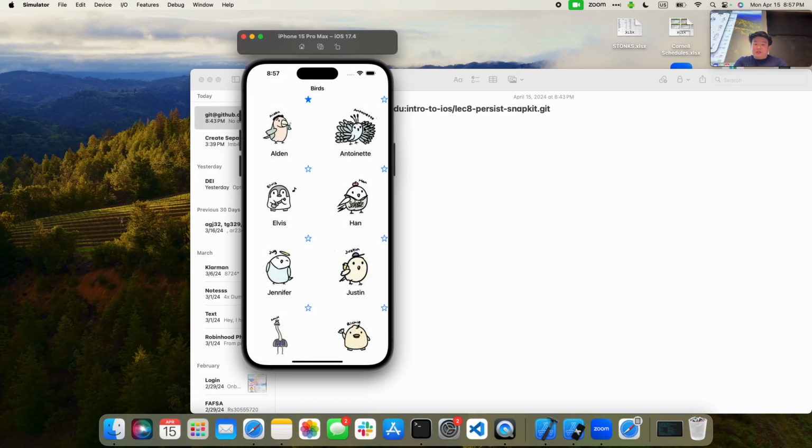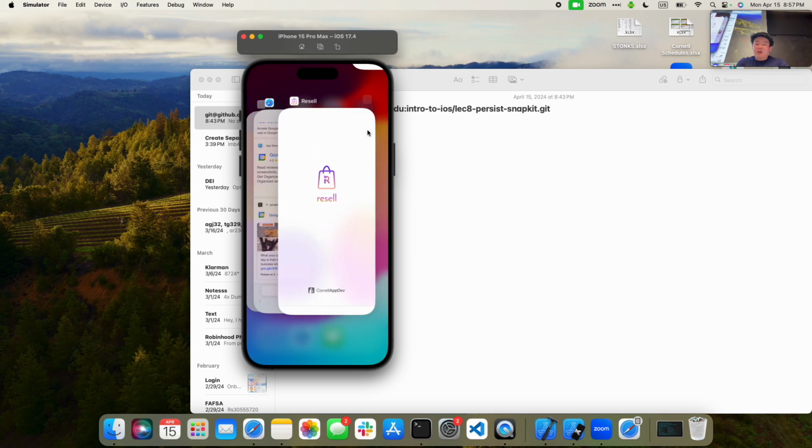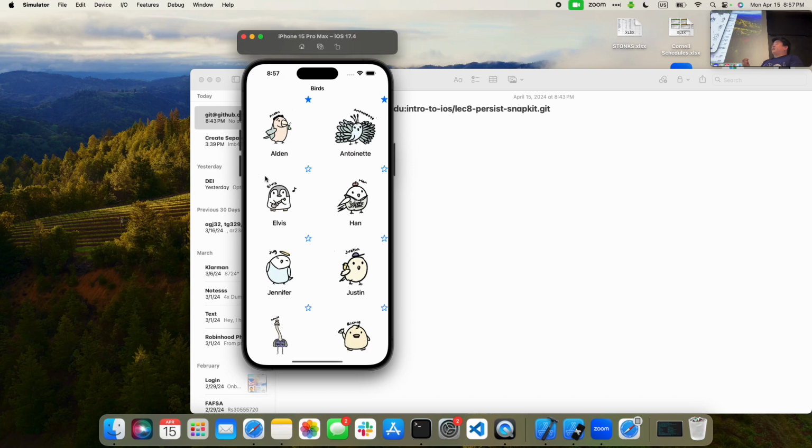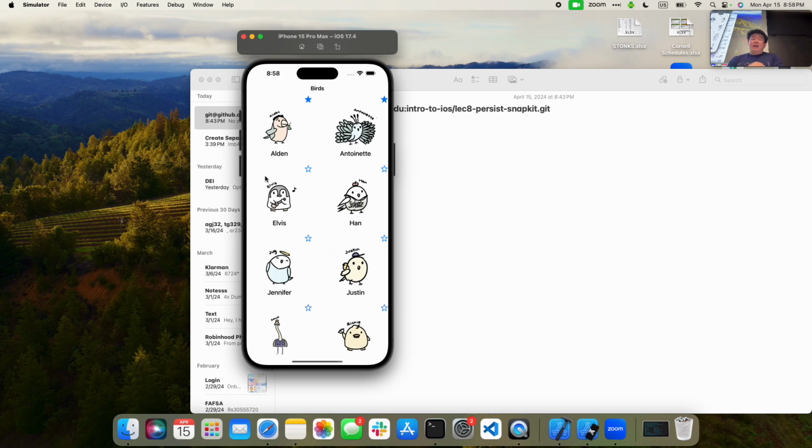Okay, so if we go here, you can see that when we do click on things, they are registering, and just to test persistence, we're going to refresh the app. And you'll see that, again, our data is now persistent. So every single time you refresh or restart the app, all of your data will be stored, at least the favoriting will be stored. And if you don't set your persistent storage, every single time you refresh or restart, everything will be erased.